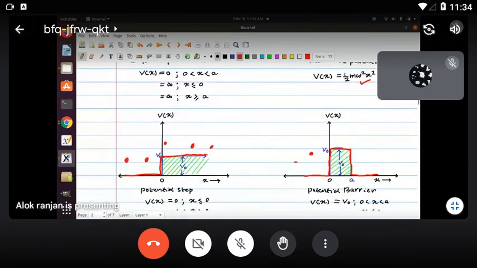So for example, this is the energy of the particle, and the energy of the particle is less than V naught. Then we must expect that the particle will be on this side of the potential. But in reality, depending on the width and height of the barrier, there is a certain probability that the particle could be found on the other side, because the particle can tunnel although the energy is less than the potential height. It is possible for a quantum particle, but for a classical particle it is never possible. Therefore, it's called a classically forbidden region in classical physics.